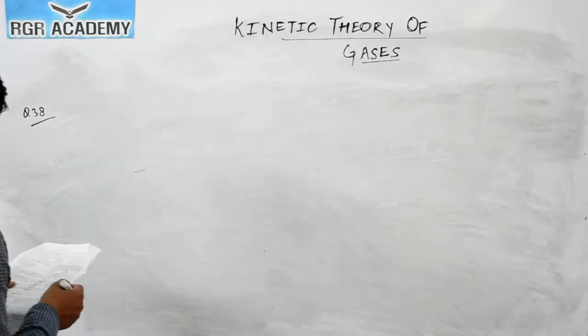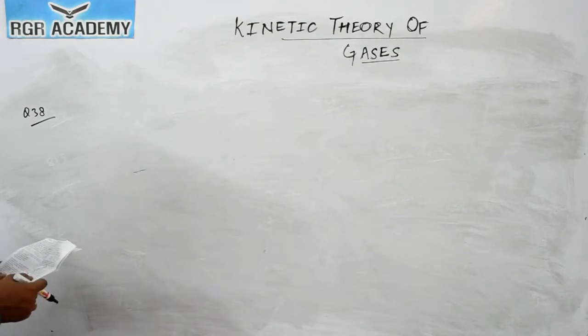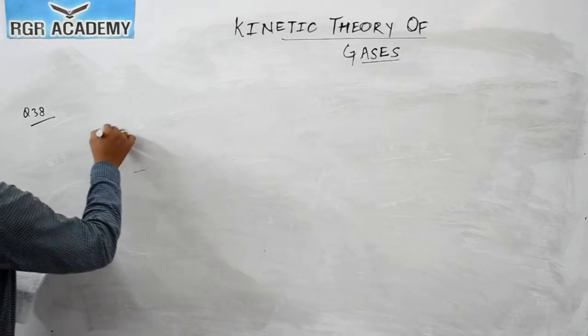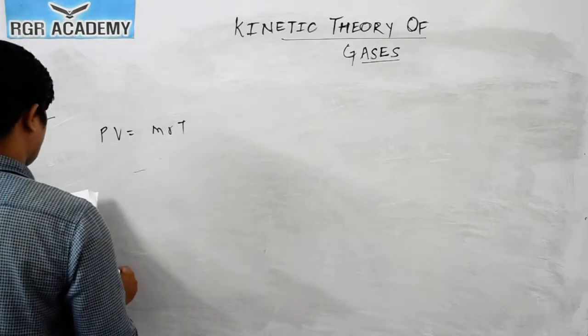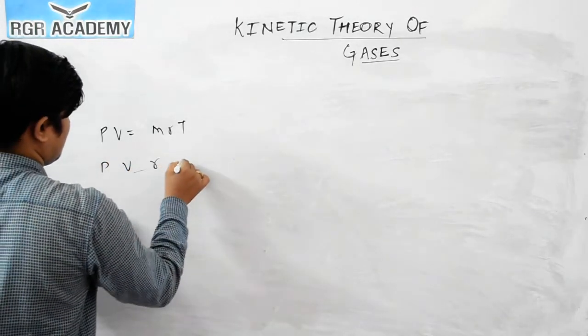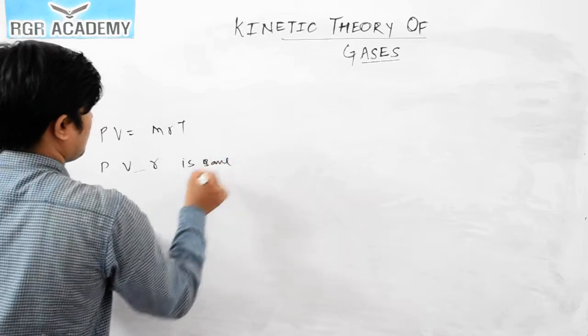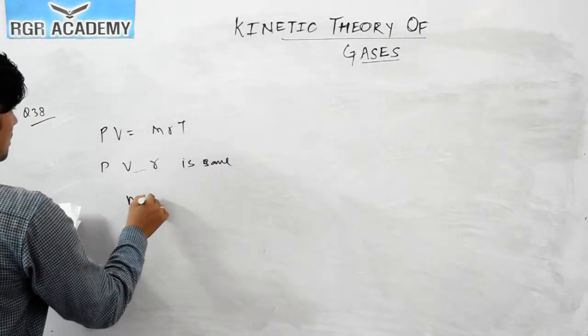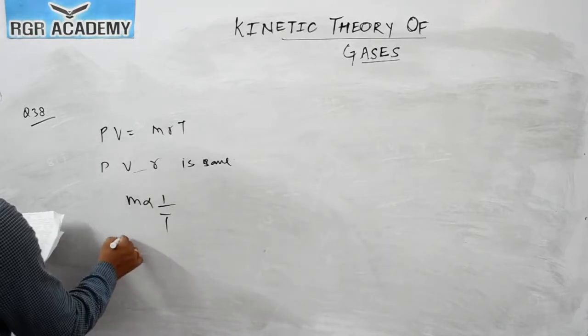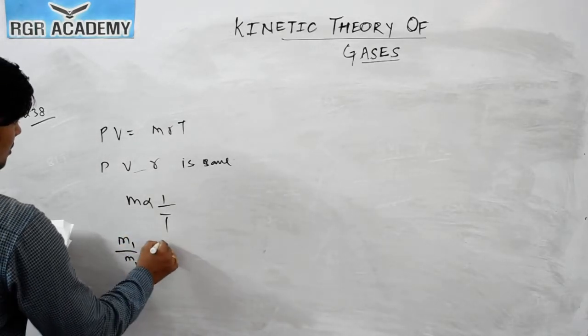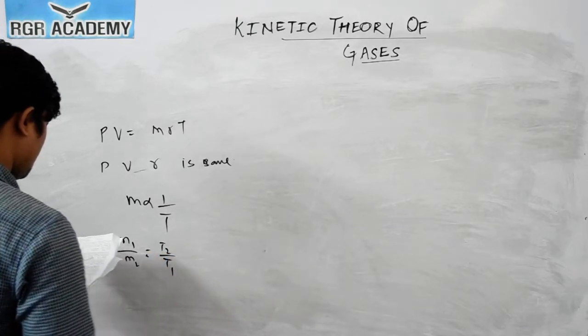So actually they have given that pressure is same. A flask is filled with the 13 gram of an ideal gas. So we know that PV we can write down as nRT. Okay. So pressure, volume and R is same according to the question, then we can say that mass is inversely proportional to temperature. Okay. So we can say that M1 by M2 is equals to T2 by T1. Okay.